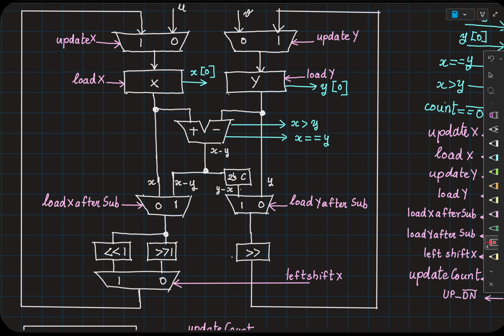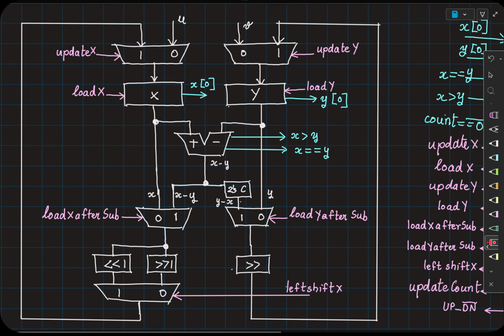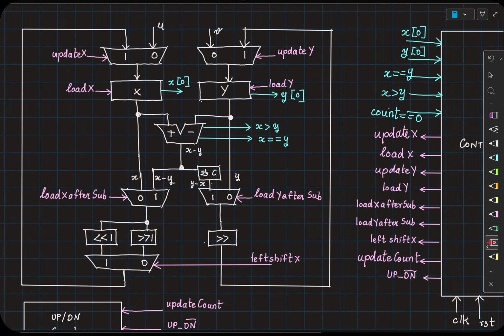Now, another interesting thing that you have to keep in mind is that, let's say you got the specification, you got an algorithm in the form of a C code, and you figured out how the data path is. Finally, to implement this, we are going to describe this behavior using a Verilog code. Then we will translate that first into a generic netlist, something like this, followed by a netlist in terms of the standard cells, where you have cells such as and, not, mux, etc., already characterized by somebody else.